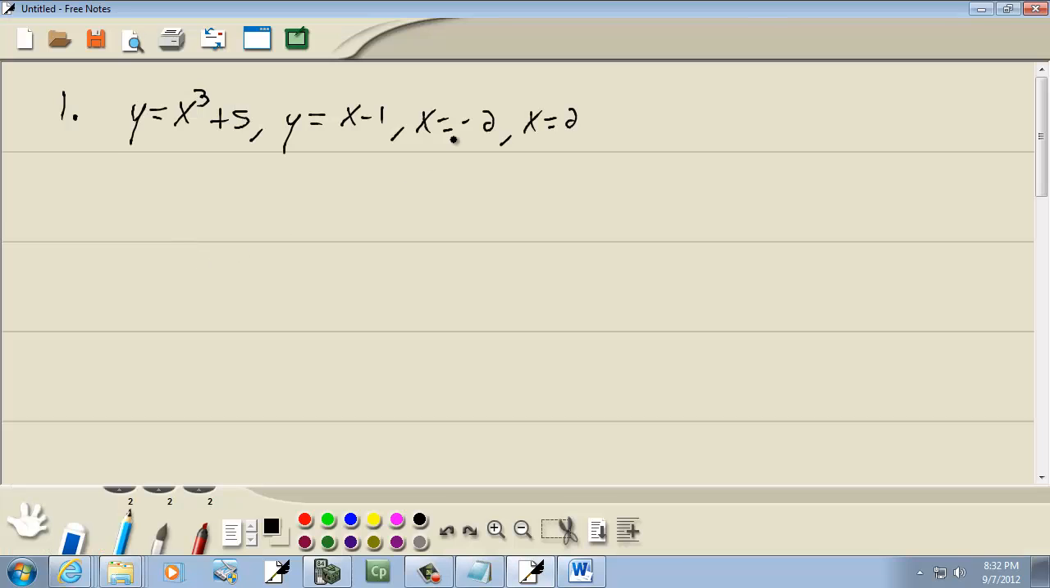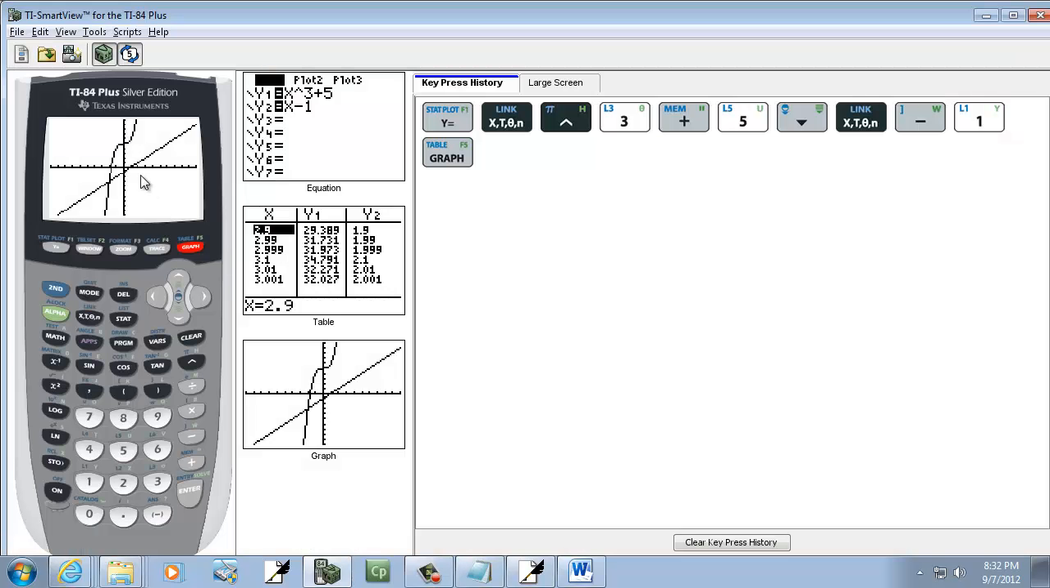Now, it tells us bounded by x equals negative 2 and x is equal to positive 2. So those are the vertical lines. The question is, this point of intersection here, what is that exactly? Well, we can use a calculator to find out real easy. If I do second trace and choose intersect,